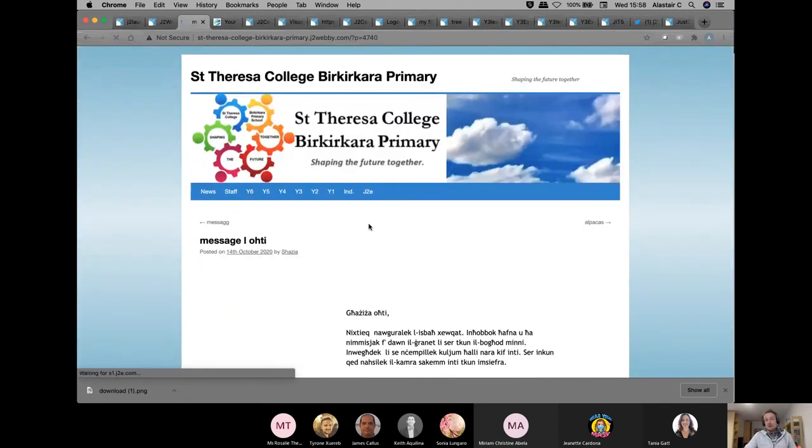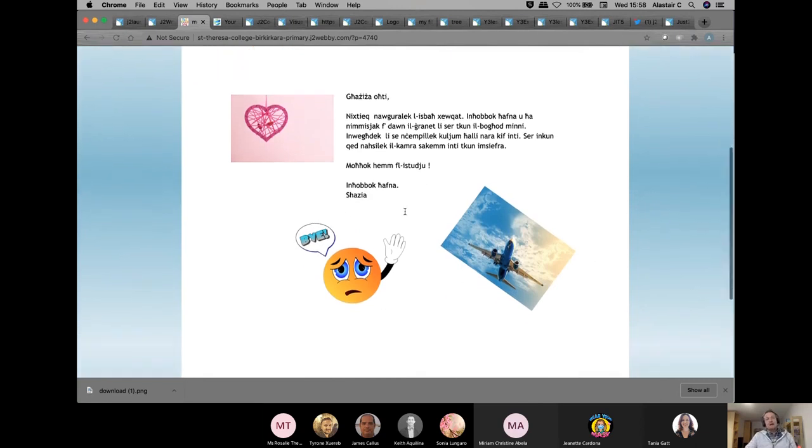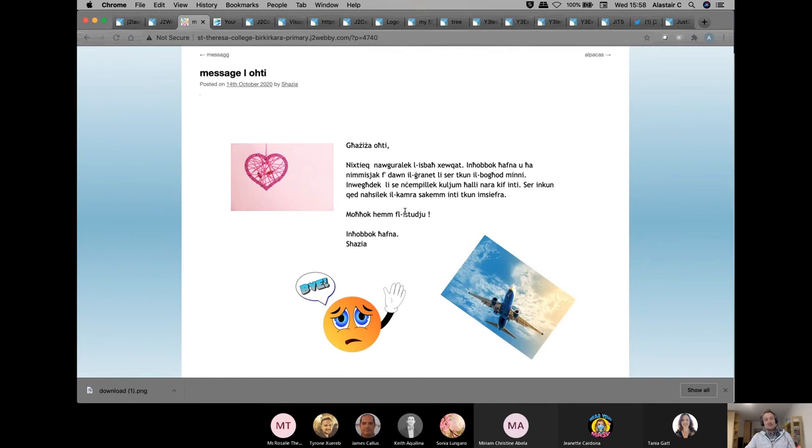And there's some additional work here. But if it was coding, for example, a piece of work created in J2E5, as I've just shown you, and the student had pressed publish on it, what would show here is the actual code, and you would be able to press play and play that piece of code.